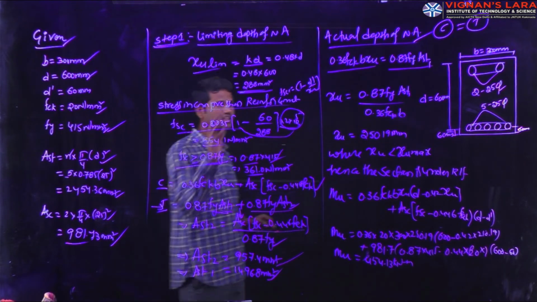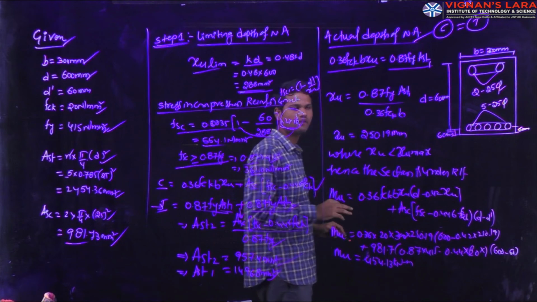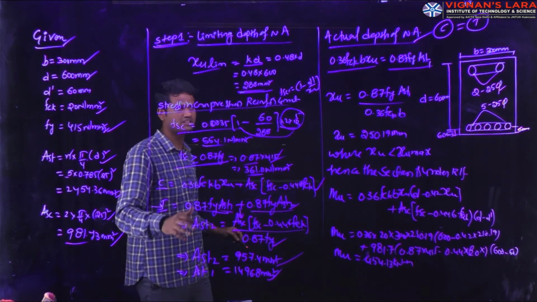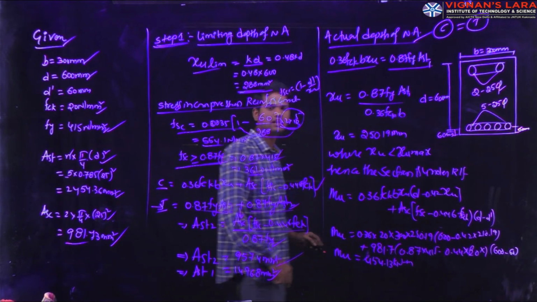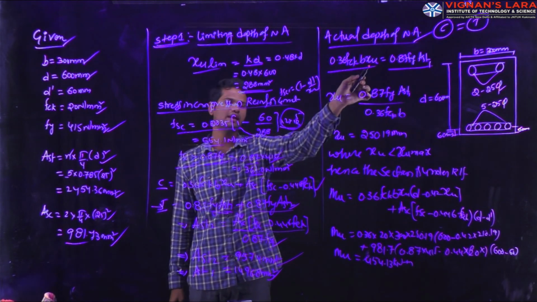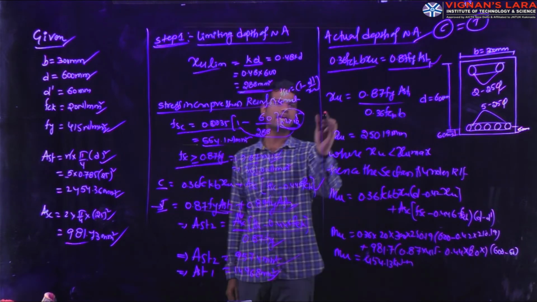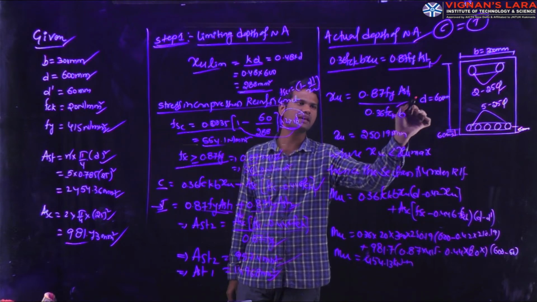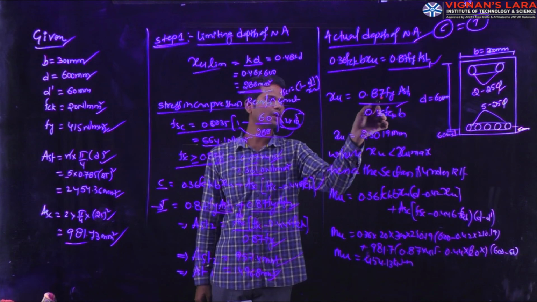In some situations, they will directly give the area of the steel AST1 value. In those conditions, you need not do all these procedures. You can directly substitute the area of the steel 1 and calculate the actual depth of the neutral axis. That is, 0.36 into FCK into B into XU equals 0.87 into Fy into AST1. So XU equals 0.87 into Fy into AST1 divided by 0.36 into FCK into B, where 0.87 is the numerical value,